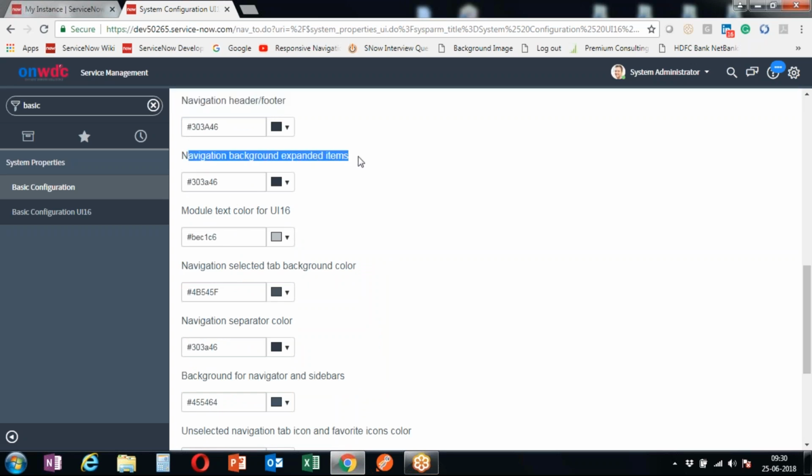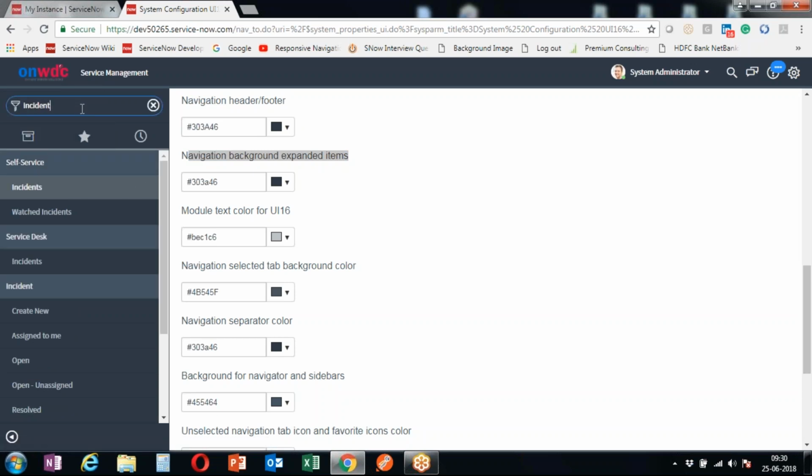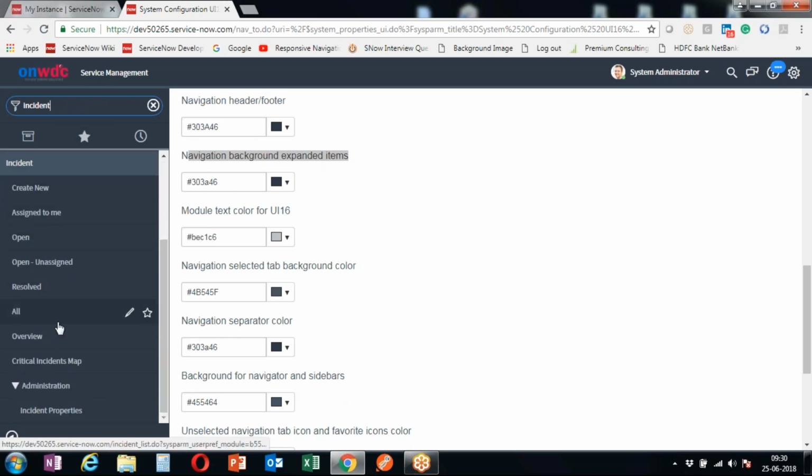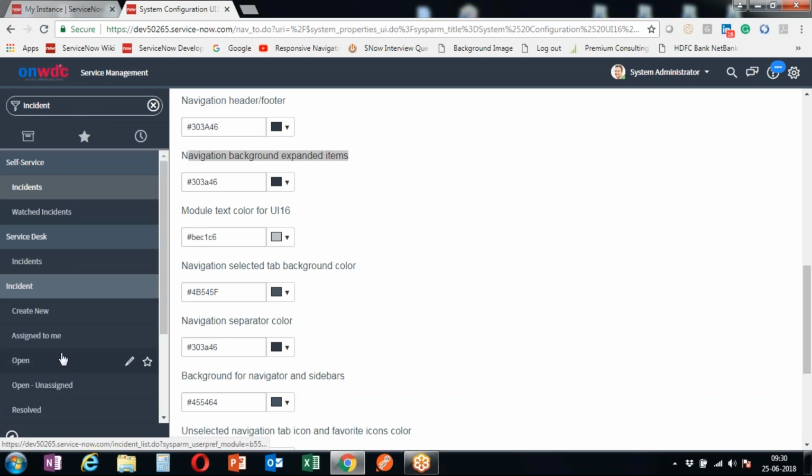Navigation background, expanded items. So in this incident, consider this is the incident over here. These are the expanded and these are the merged. So what color you want when it has been expanded, in the background. So this is the color. If you want to change that, you can change it